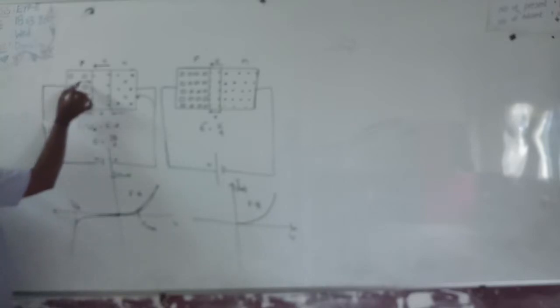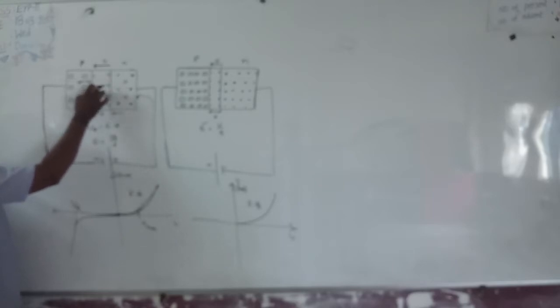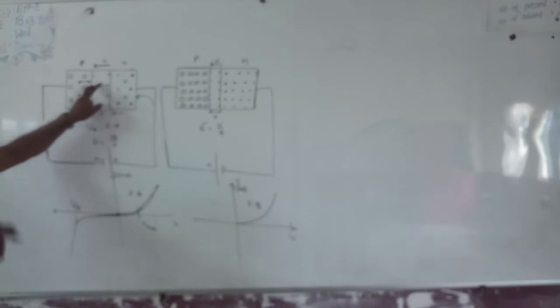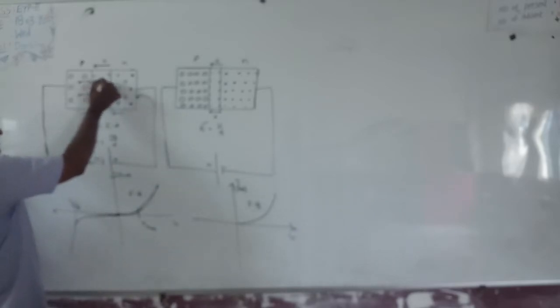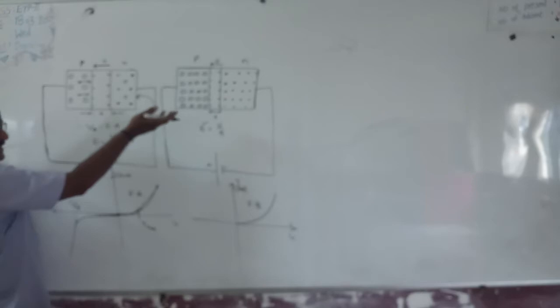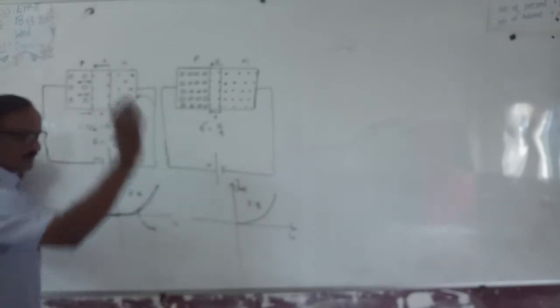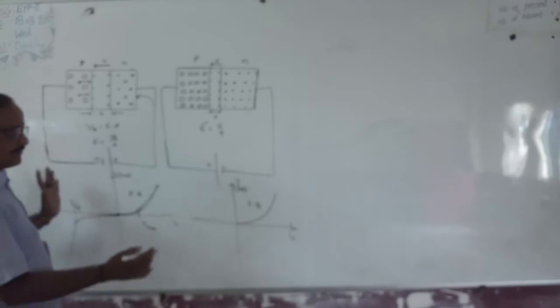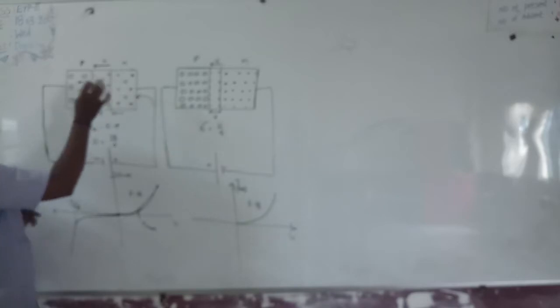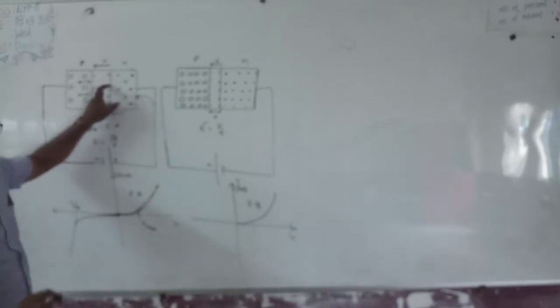Suppose one of the minority carriers present in the p-type semiconductor enters the depletion layer. This causes the breaking of one covalent bond. One covalent bond breaking means one electron and one positive charge hole are generated. Again, these electrons may collide with the next atom and break another covalent bond. One more electron and one more positive charge hole are generated. That's why the number of electrons and positive charge holes inside the depletion layer increases in a cumulative manner.